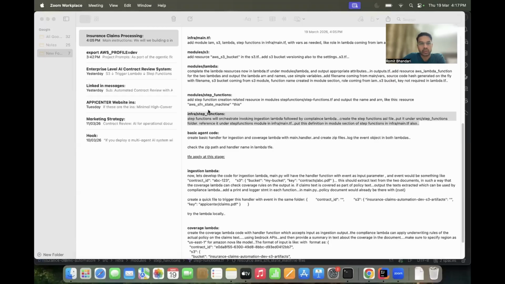Welcome back. In this video we'll complete the Terraform setup for step functions, and then we'll also create basic code for the two agents, that is the two lambdas we have, ingestion and coverage, and we'll try to apply it to the Terraform modules and see if we are able to create the resources which we planned to do in the beginning. So if I share my screen,